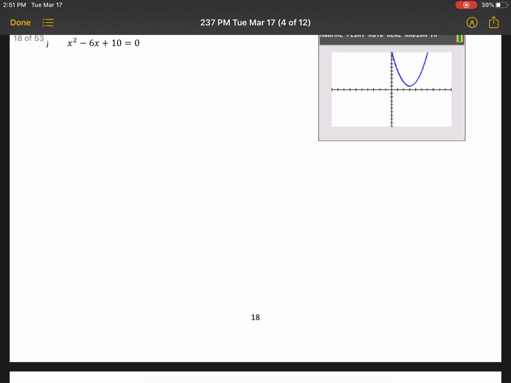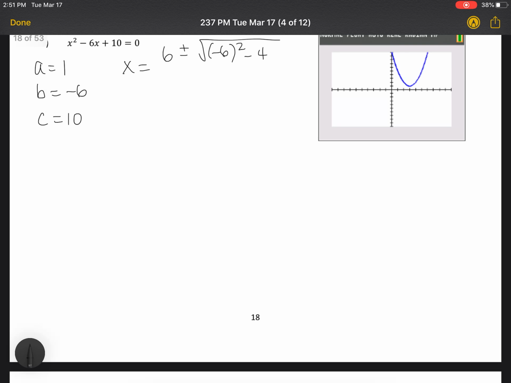All right, next one: x squared minus 6x plus 10 equals 0. A is going to be 1, b is going to be -6, c is going to be 10. Let's plug that into the quadratic formula. x equals -b, so +6, plus or minus the square root of b squared, so -6 squared, minus 4 times a, which is 1, times c, which is 10, all divided by 2 times a, which is